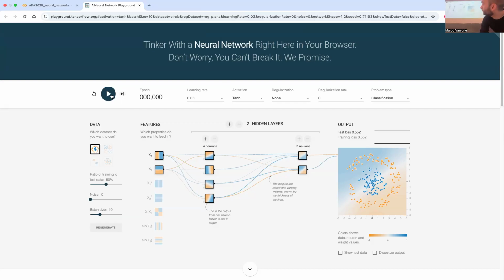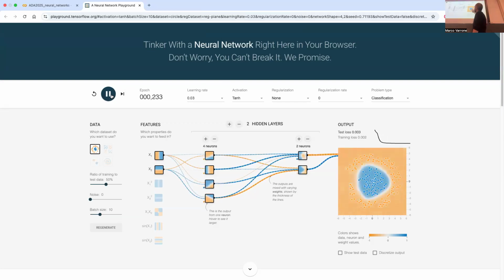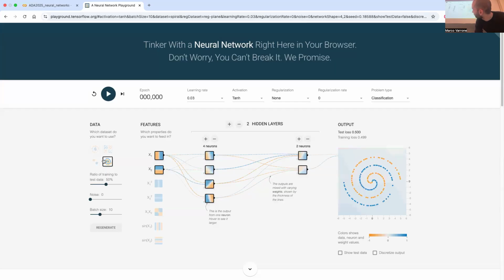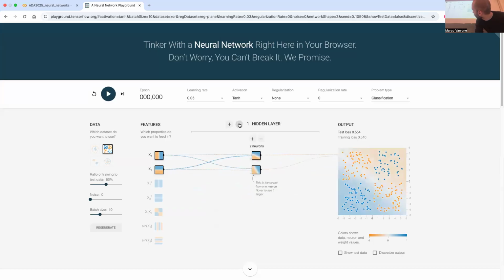and then you see what is the output in terms of classification. So you quickly see that these points here get classified as blue and these as orange, and this is basically the boundary of when the neural network is going to predict one class over the other. Here you also see the loss function that went down fairly quickly to do this classification. You have different types of class problems here, here, and here. And you can change the number of neurons, you can change the hidden layers and see what are the differences in how the